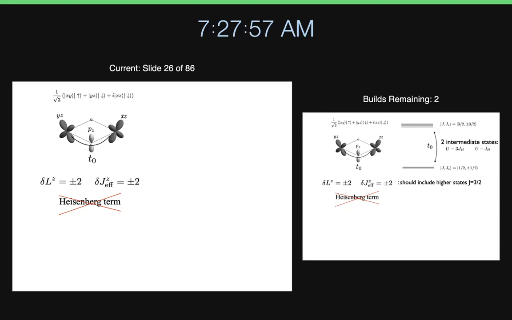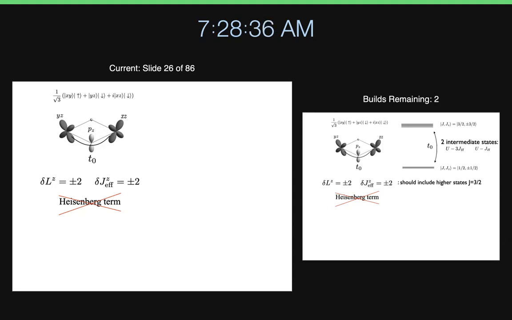Yeah, because they are falling into different Jz equal to plus minus. So one can show that this process requires a change of the angular momentum by plus minus 2. And I'm not flipping the spin, so spin is not going to be changed. That means that my Delta Jz effective has to change by plus minus 2. So by the symmetry, I can tell this process does not allow the Heisenberg term, because Heisenberg is going to be an SU(2) symmetry. So that won't allow a Jz change of plus minus 2. So I can immediately tell that there is no interaction such as Heisenberg.